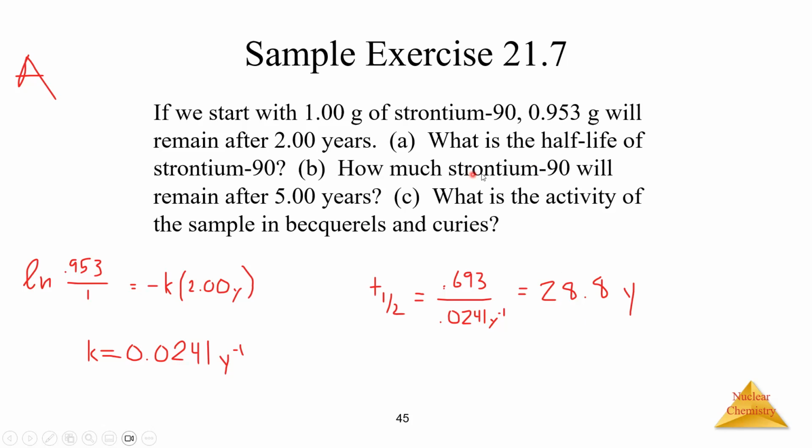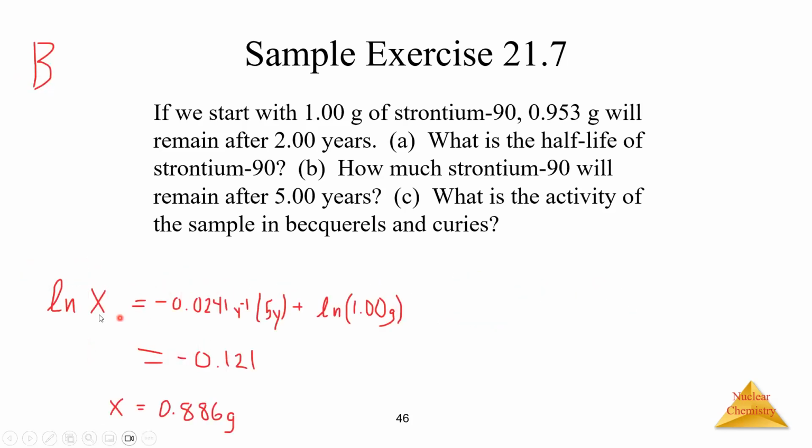But with the second one, how much strontium-90 will remain after 5 years? Again, we have the rate constant now. So if we're thinking about this equation, the only piece we're missing is the amount after time t. When we solve for it, we're going to break this natural log into the two terms so that we can move the natural log of the initial amount to the right-hand side. So we'll have the natural log of whatever the amount is at that time equal to negative k, still that same rate constant,